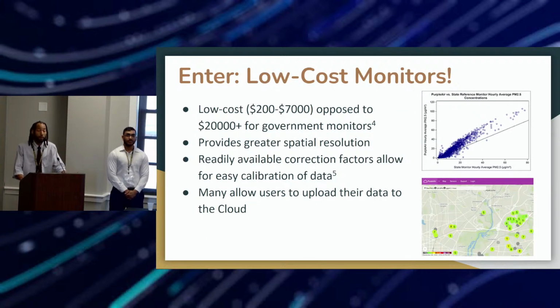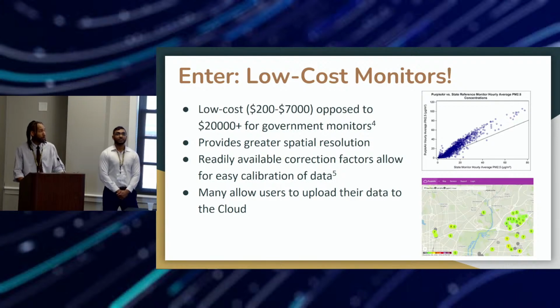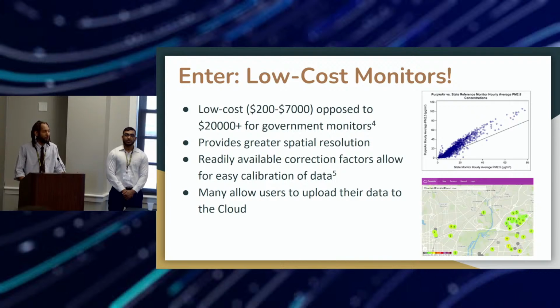So how can we address this problem? One of the things that we do here at CEEJH, like we've been talking about, is our air quality monitoring. We have a few of the sensors here that we can see, but we can start off talking about our low-cost monitors. And what we mean by low cost is in comparison to the government monitors that I was speaking about a little bit earlier, which range from about $20,000 plus. In comparison, some of the sensors that we have here start out at about $200 and range up to about $7,000, which does still seem like a lot for our everyday person,